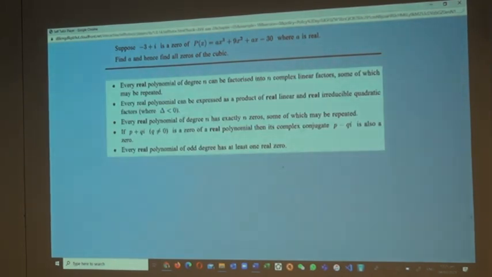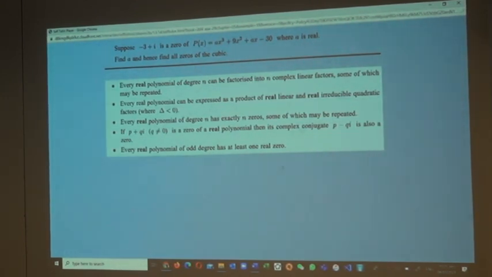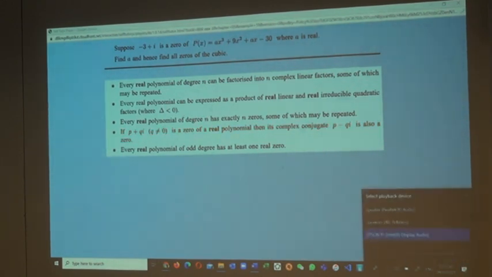More generally, we can make some conclusions for any polynomial of degree n with real coefficients. It must have exactly n zeros, which may be real or complex, and which may be repeated. We can therefore write the polynomial as the product of n linear factors, which may be real or complex, and which may be repeated. However, if there is a complex zero, then its complex conjugate must also be a zero. Otherwise, the coefficients of the